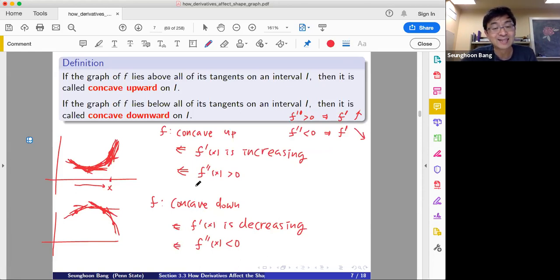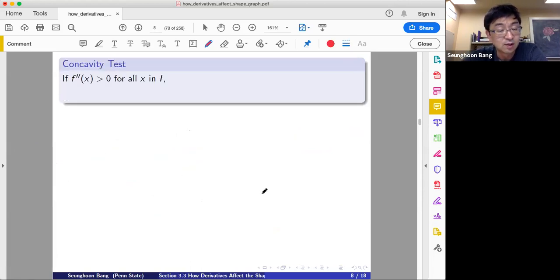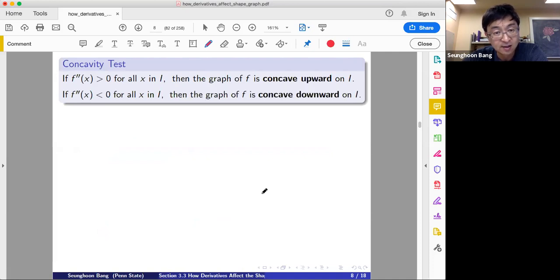How can you do that? Second derivative. Second derivative positive, concave up. Second derivative negative, concave down. This is one good way for checking concavity. This is my explanation. If the second derivative is positive, the graph of f is concave upward on I. If the second derivative is less than 0 for all x in I, then the graph of f is concave